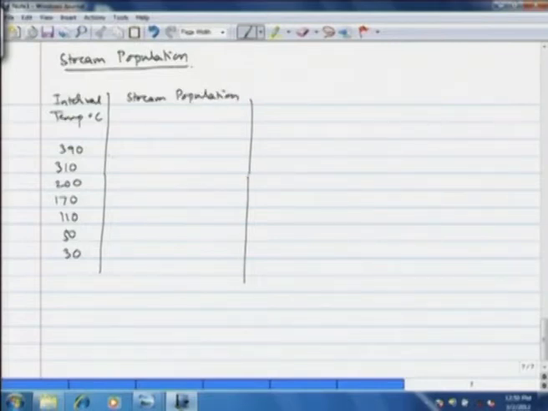First stream goes from 390 to 50, with Cp of 0.3,